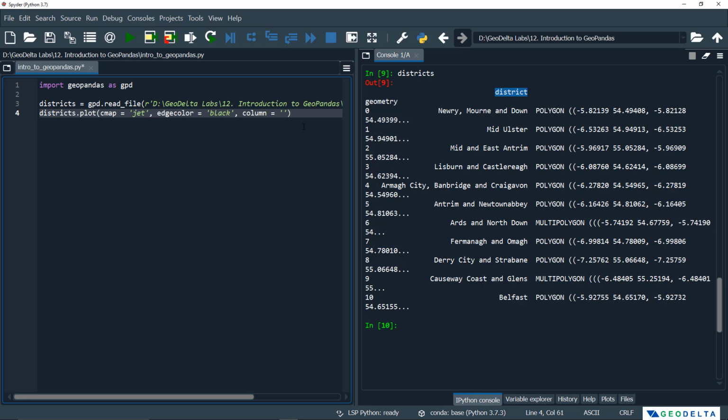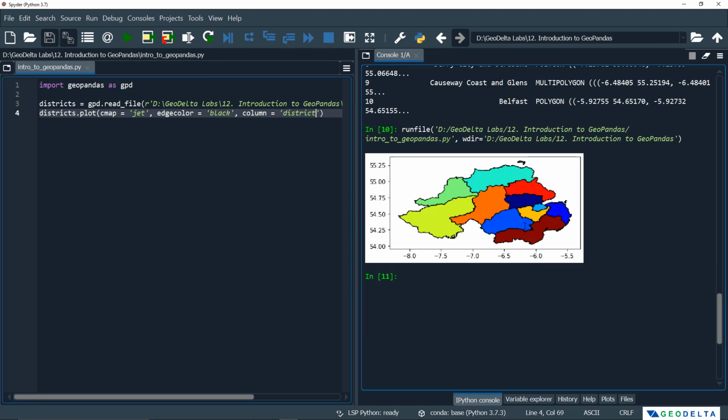So over here, I'm going to specify by which column. I would like to color this by the values of the district column. Now we will run this one and see how it looks. And now you can see that depending on the different values of each of the districts, it randomly assigned different